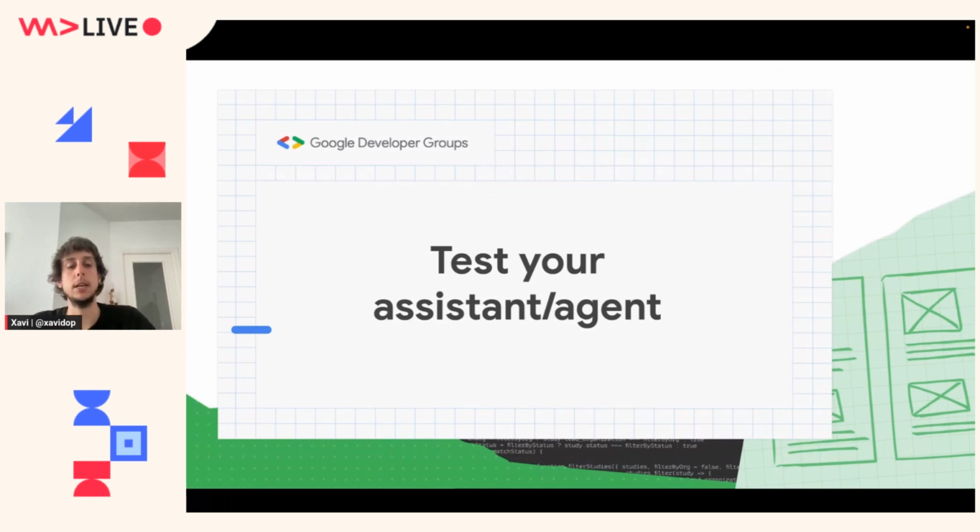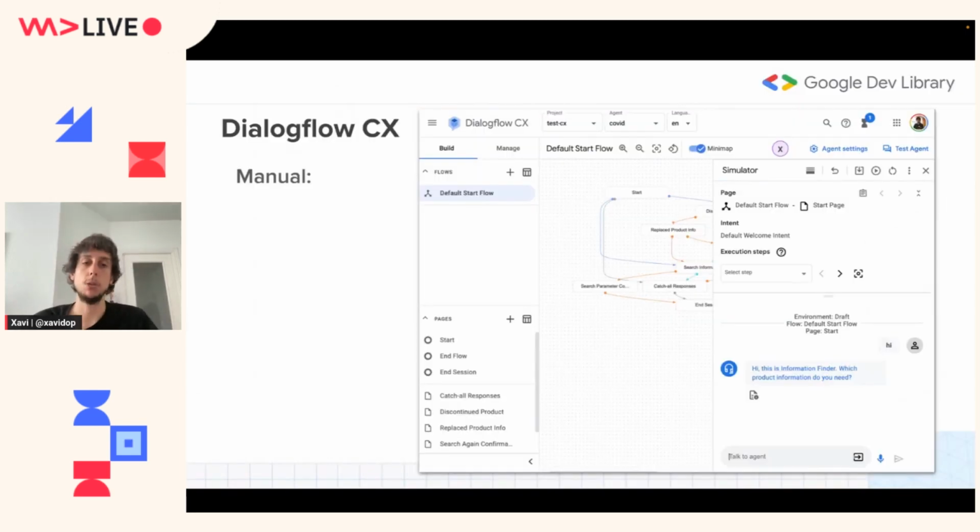How to test your assistant agent on Dialogflow CX. So there are multiple options, quite powerful. Before we go to the test itself and how to test your assistant, let me explain the Dialogflow CX console. So this is the Dialogflow CX console. Here is the flow. Okay, this is the default start flow, and all these boxes that you are seeing here, these are